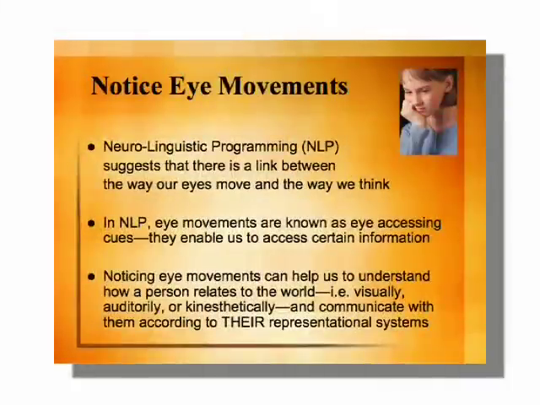Now, another thing that I'm going to talk about a little bit, and I can't go into this in great detail because it's a pretty in-depth thing, is neurolinguistic programming of eye movements. They are called, well, I guess all I've said here is eye movements, but here we go, accessing cues. And people will use their eyes to think. Neurolinguistic programming, it's a counseling terminology, it's a counseling theory, but it says to us that there's a link between the way our eyes move and the way we think.